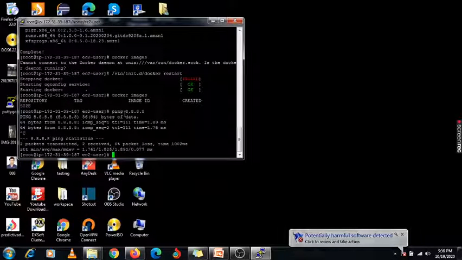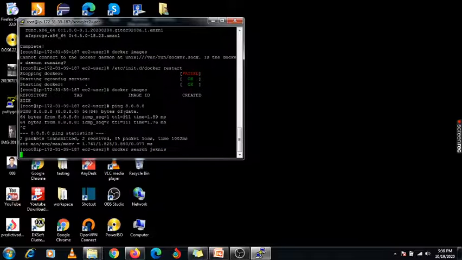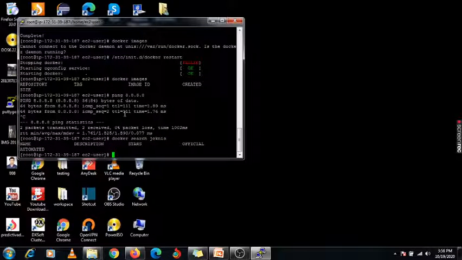This is our central repository, and via the internet only you can access Docker Hub. Now I am going to search with docker search, for any particular image like Jenkins.